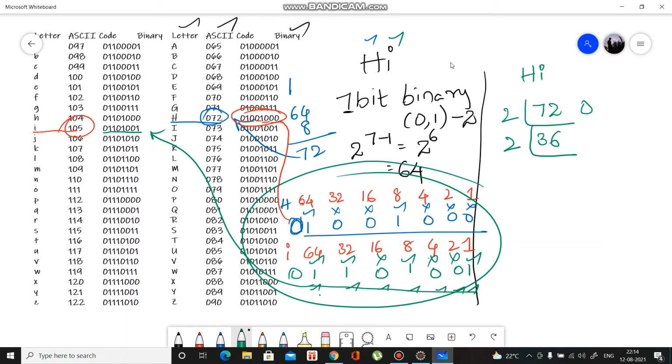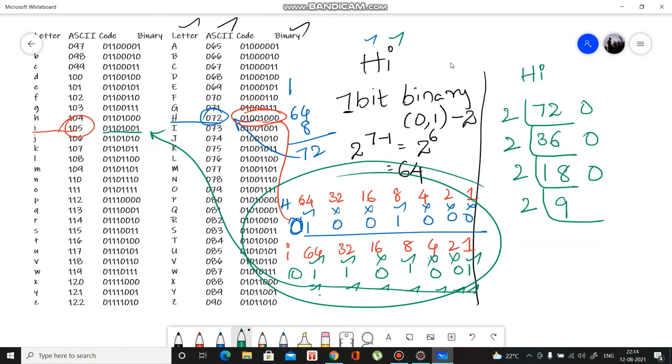Then again divide it by 2. 36 divided by 2 is 18. Again it will be 0. 18 divided by 2 is 9. Again it will be 0. Then again divide by 2.